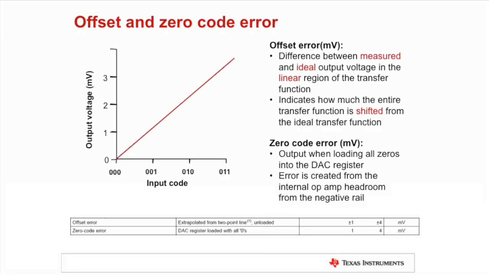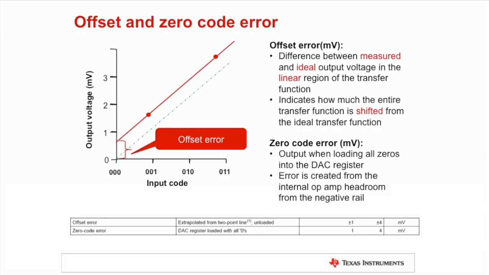Offset error and zero code error are two very similar specifications for a DAC that can be easily confused. Offset error describes an offset or a shift in the entire transfer function across the linear region of operation. Think of it as the b term in y equals mx plus b. Offset error is calculated based on a line of best fit taken from a 2-point measurement across the linear region of operation, typically somewhere between 10% and 90% full-scale range to avoid operating the output amplifier in a potentially nonlinear